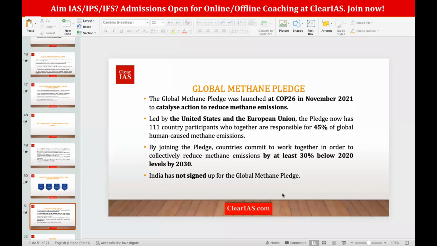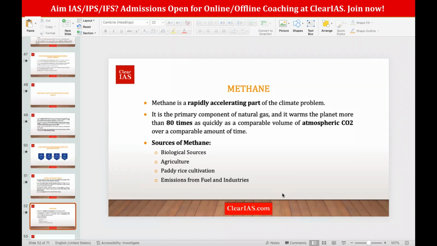Okay, then there is also the Global Methane Pledge, which was launched at the previous COP, that is at Glasgow. The target is to reduce methane by at least 30% from the 2020 level by 2030. It is led by the United States and the European Union, but India has not signed the pledge. And we spoke about the importance of methane, that it has high